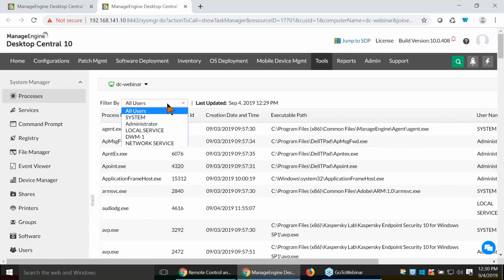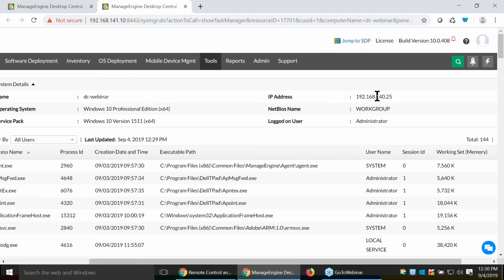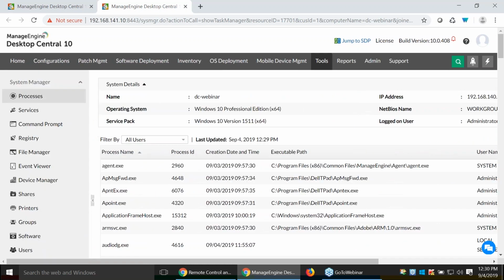You can also filter these by the various users, and you'll also get the complete details on the target computer as well: the name of the computer, the operating system it's running, the service pack version, the IP address of the computer, the NetBIOS name, and the user that is currently logged on to the computer. Also, moving forward,